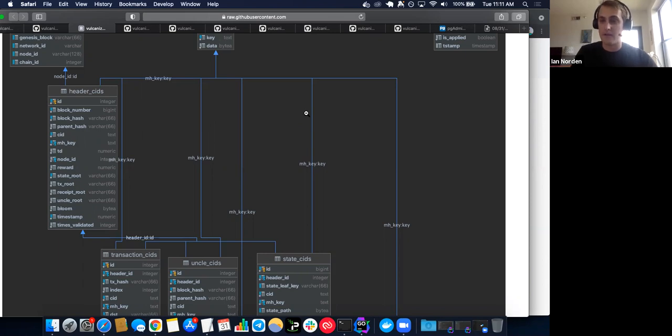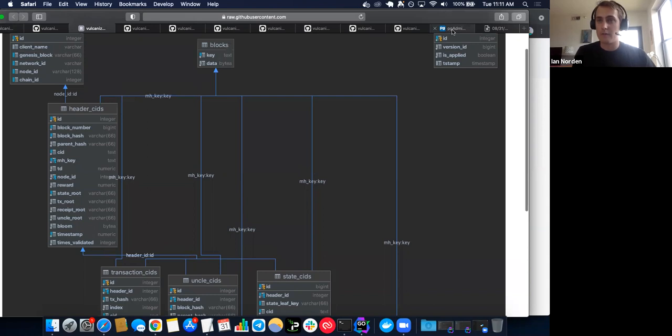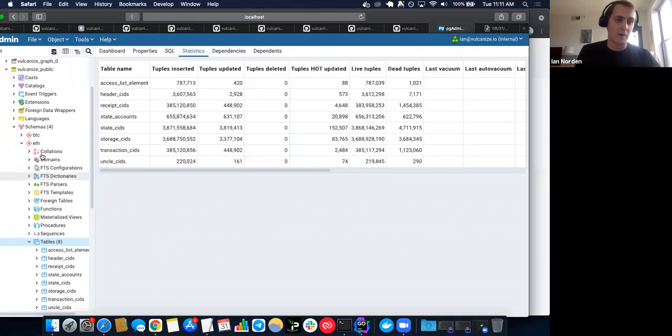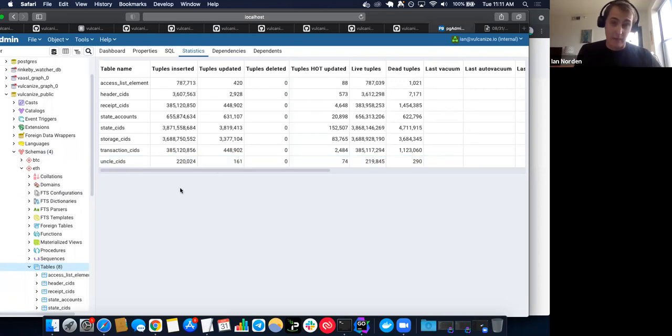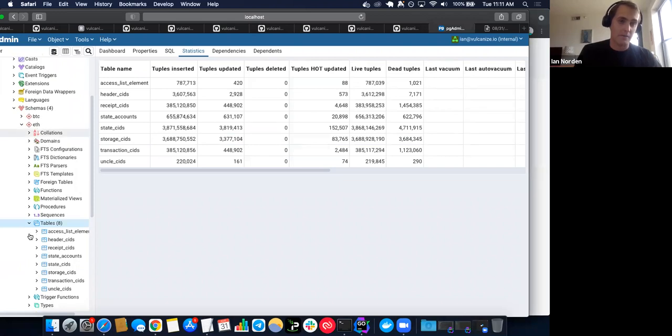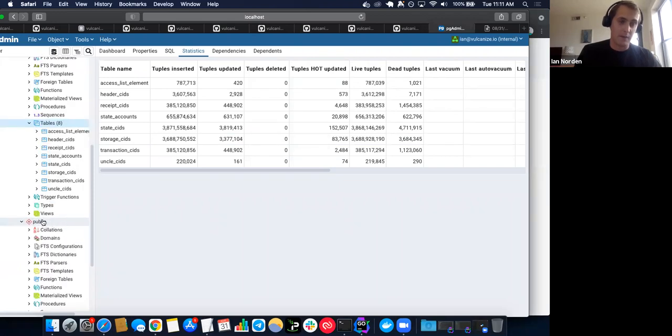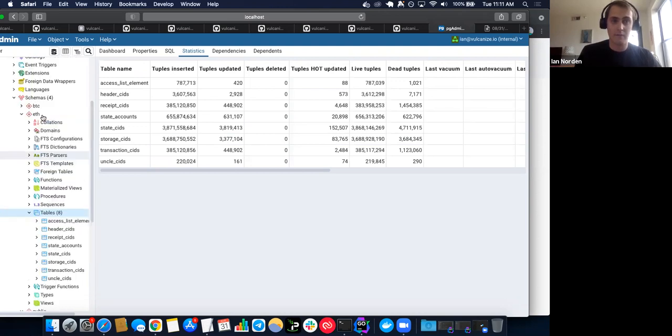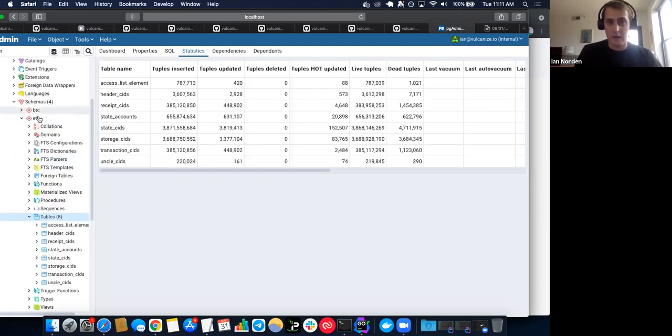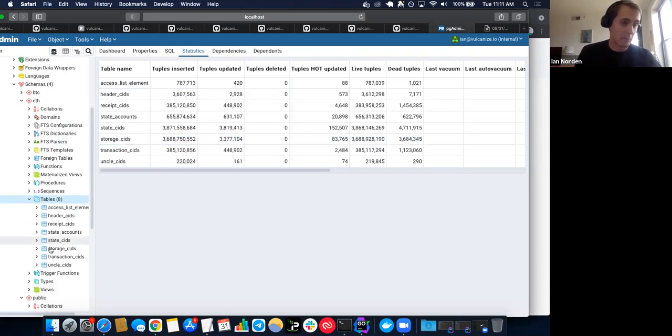Ethereum data is usually stored in a LevelDB database. And actually, I'll just go ahead and give a peek into our production database to give a sense of the scale of this. So this is just looking at the ETH table. We have the IPLD data in our public schema, and then we have separate schemas for different blockchain data. So here for Ethereum, we can see the number of entries that we have for these different tables. And you can see state CIDs, storage CIDs are in the billions. And in general,